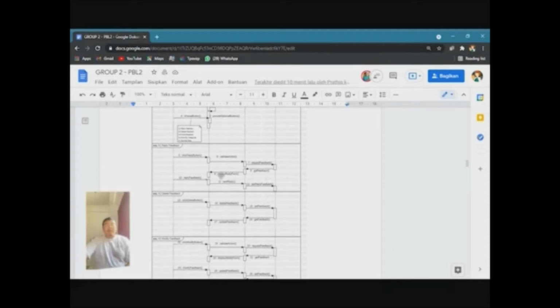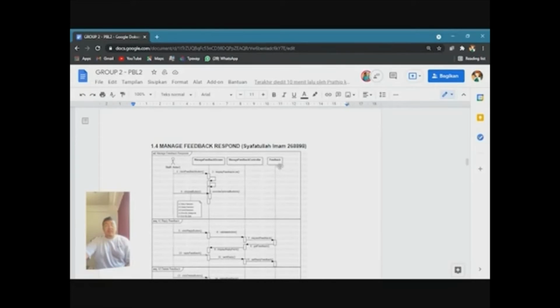And after that, the staff can reply to the feedback, and the feedback will set the reply feedback that is already sent